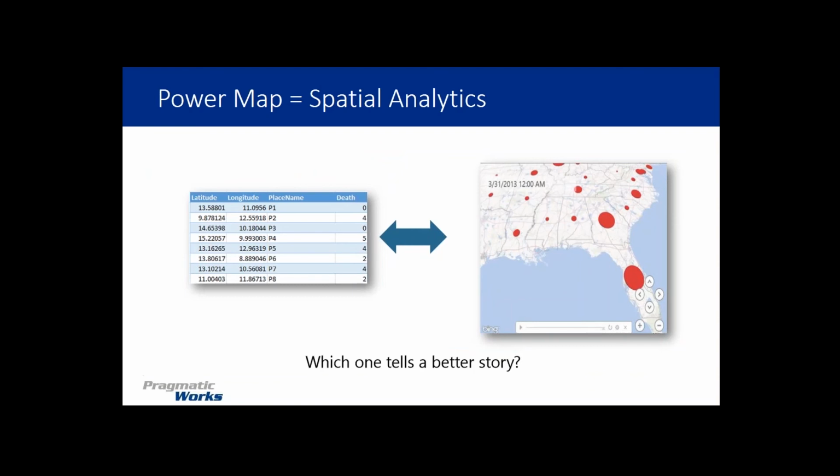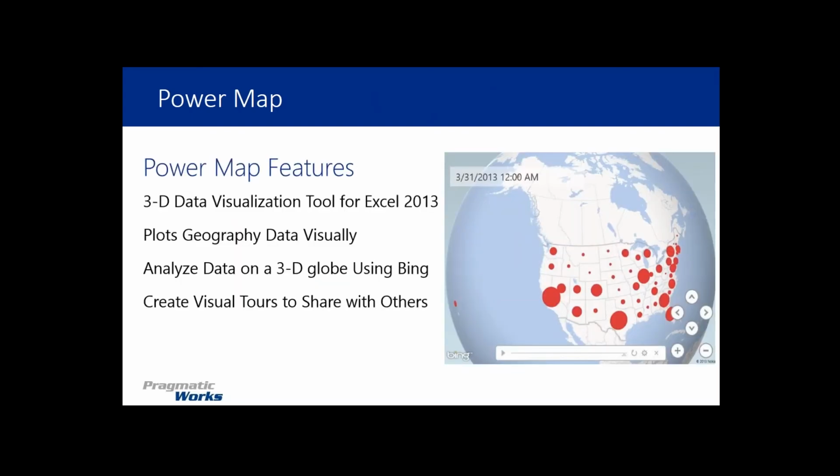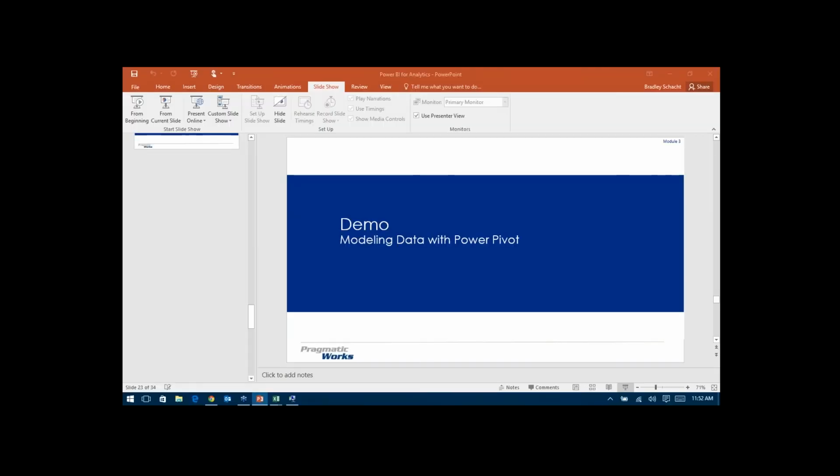So you look at these two pieces of data, our pivot table that we've already got versus that map over on the right-hand side. Obviously, the one on the right-hand side tells a little bit better story visually than just looking at the results. You can see that the bubbles are a little bit bigger on Florida versus the Louisiana, Alabama, Mississippi area. So we can do some cool visualizations and animate those visualizations inside of Power Map. Again, 3D mapping functionality. All you use is Bing Maps in the background, and we can actually export those visualizations we're going to make and share them with other people.